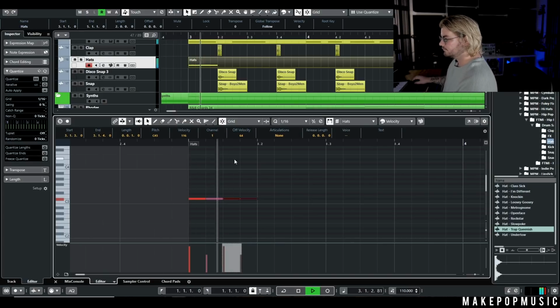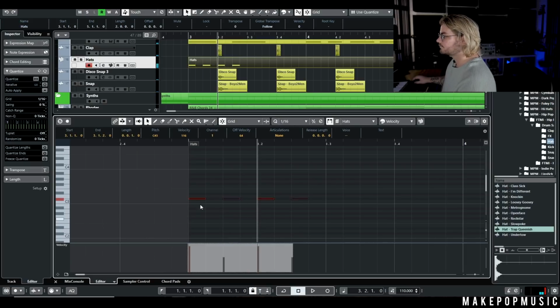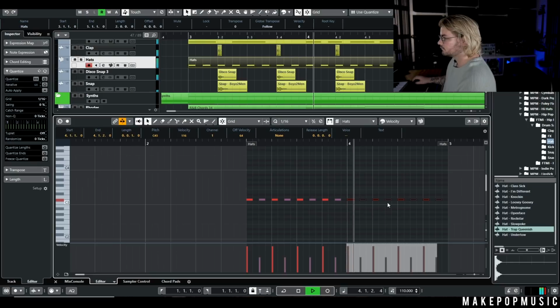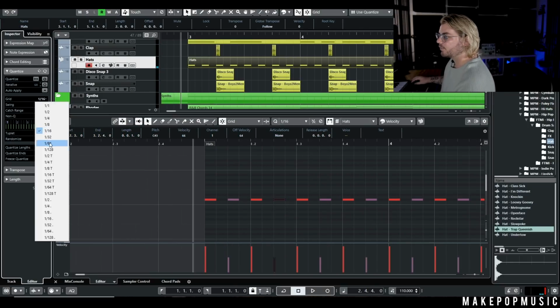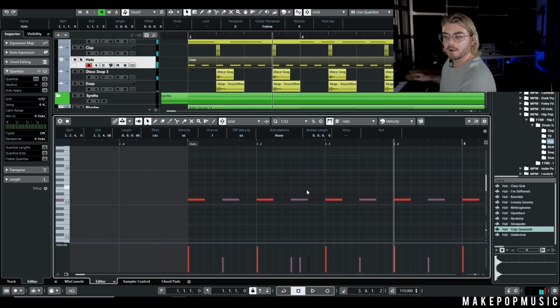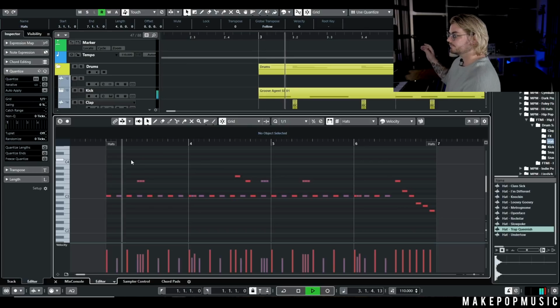Let's try. Drop that back to 8th notes. Let's try that. All right, so what I'll typically do is lay down something basic like that, and then swap these to 30-second notes and start to lay in some of those extra little ones, like right here. And I'll just do that in a couple different spots. All right, so I went in and finessed these hats, so now we've got